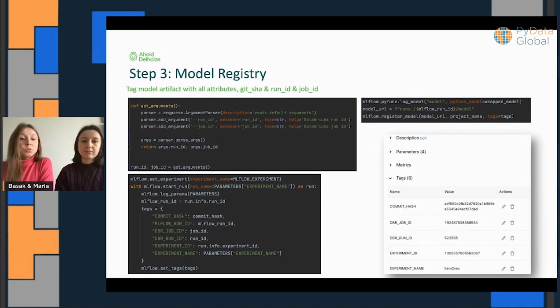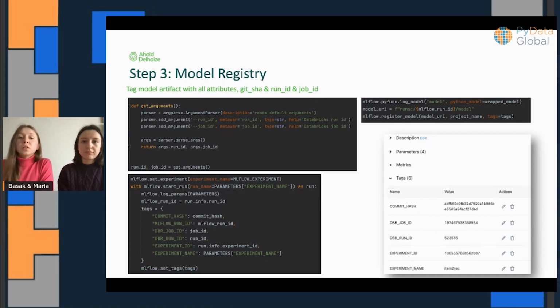And then we want to tag our run in MLflow by using this information. So we create some tags when we register the model. It would be commit hash, job ID, run ID, also MLflow run ID, which is different from Databricks run ID, things like experiment ID, and maybe some extra things you want to pass.